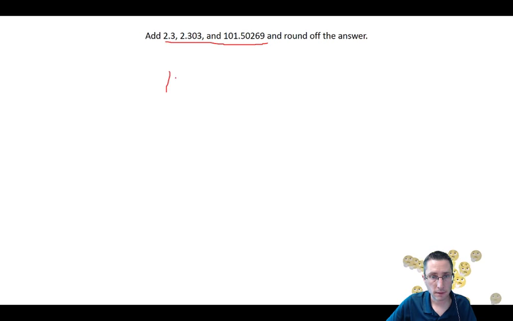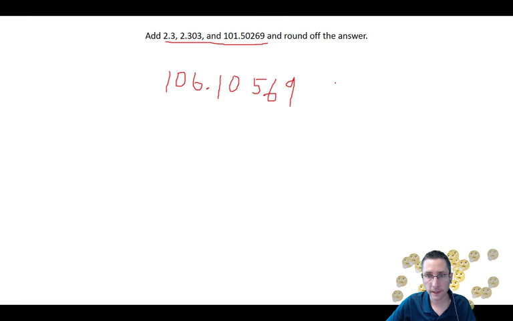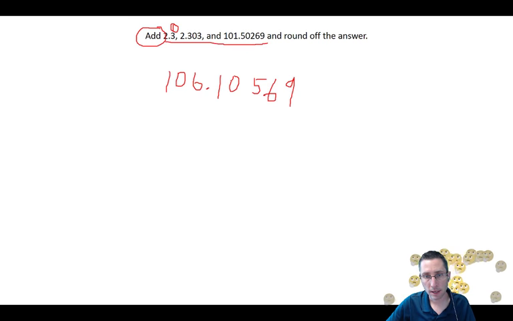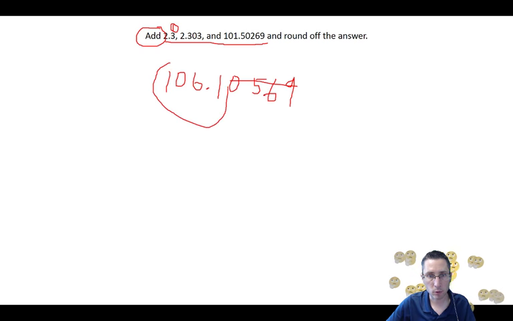So entering these numbers in my calculator, I get 106.1056 9, and then I have to remember the rules for addition and subtraction, right? And it's go out to the least number of decimal places. This is the tenths place, this is the hundredths, thousandths place, this is a bunch of decimals. I can only report out to the tenths place since one of these numbers was only out to the tenths place. Okay, so I look at the hundredths place, it's a number less than 5, so I just round down and leave it as is, 106.1. Right, should be the correct answer.